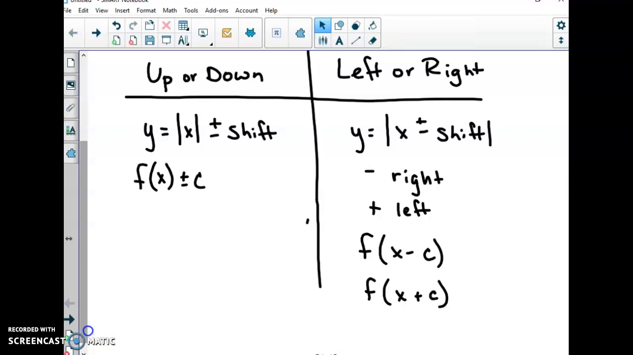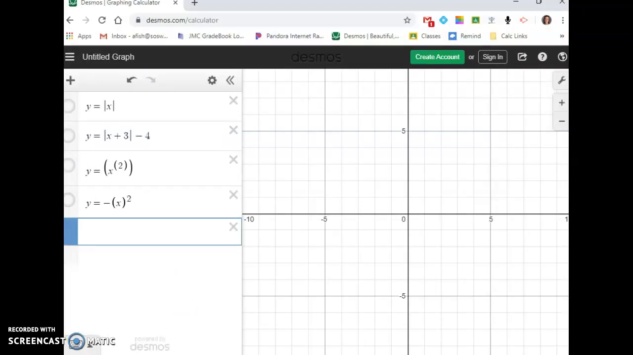Now let's look at this graphically. I have my parent function of the absolute value of x right here. Okay, so this is my parent function, and we know this based on our 12 basic functions that the absolute value of x graph looks like this. So if I look at the one that I'm working with here, that y equals the absolute value of x plus 3 minus 4, to start with here, this is going to be shifted, I'm going to tell you now,